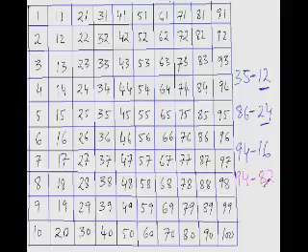Now if you see, the number that is being subtracted is quite large, and the gap between these two numbers is not much. So in this case, jumping down 10 would be very tedious. You can do that, but it will be very time consuming. So the best way is to jump up 10. In order to subtract 82 from 94, all you need to ask yourself is, how much do I need to add to 82 to get 94? So 82, jump up 10, you will get 92, and 92 plus 2 is 94. So the answer is 12.